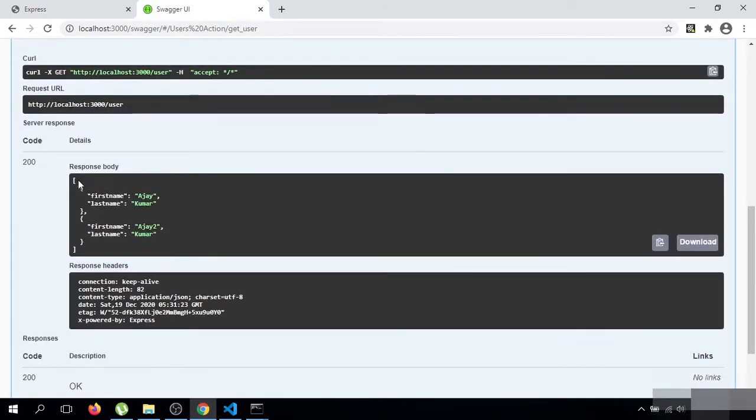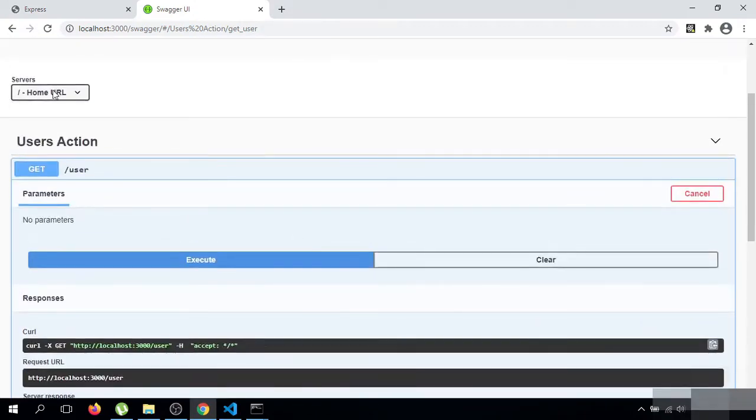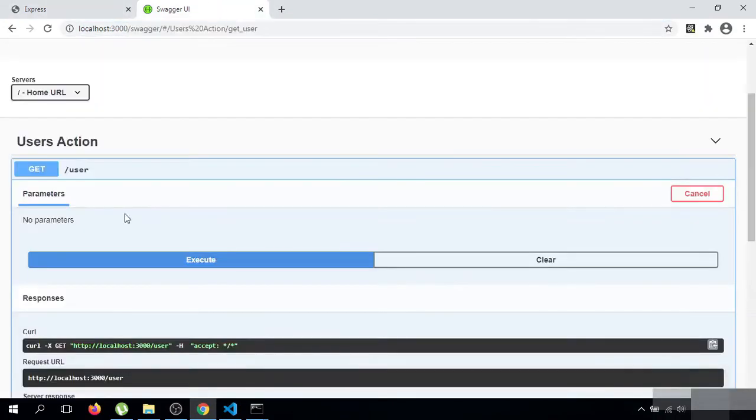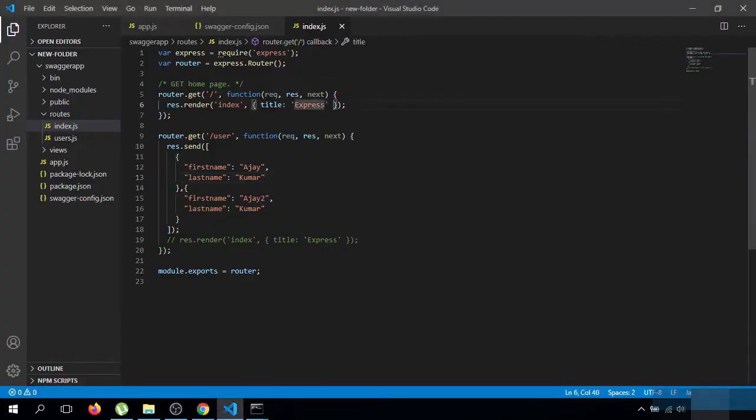You can see that I have written a dummy response from my user route. As I have previously showed you that our current endpoint is set to slash. Slash means this URL. And I have add one API endpoint in this URL.